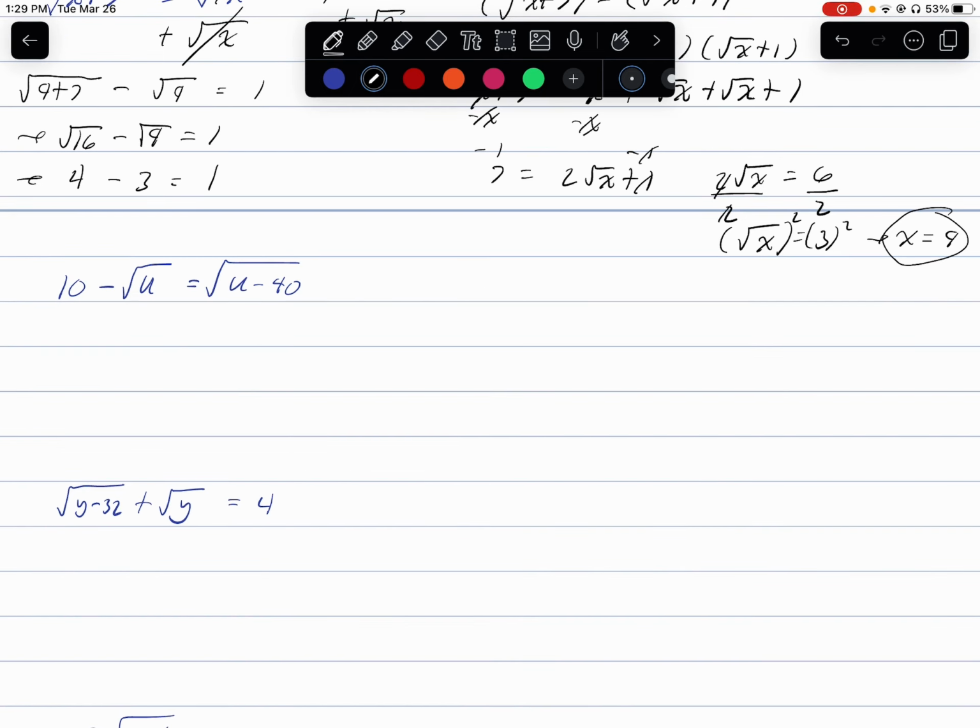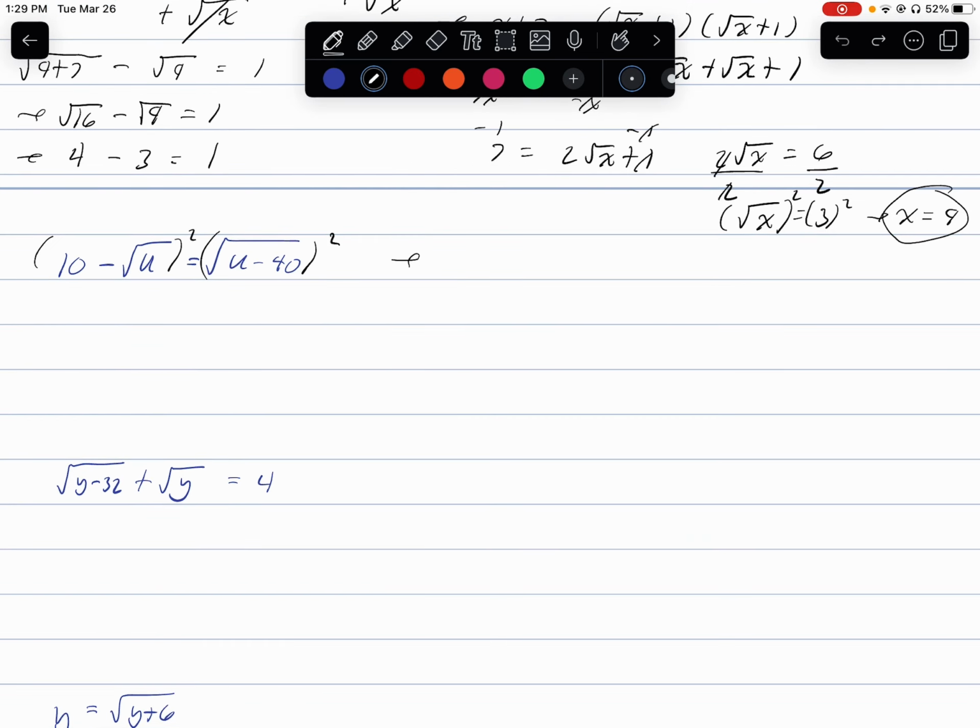Okay, how about 10 minus the square root of u equals the square root of u minus 40? Well, we already have one radical on one side and a radical on the other. So let's just go ahead and square both sides here and see what we get. Okay, so that will give us 10. Let's actually do this down here. We have 10 minus the square root of u times 10 minus the square root of u